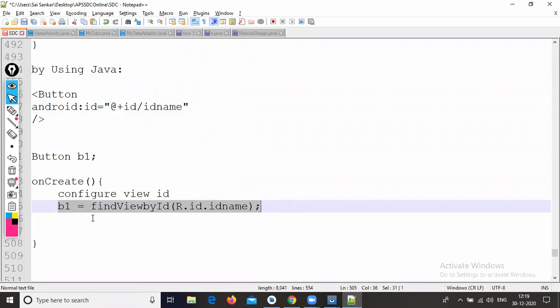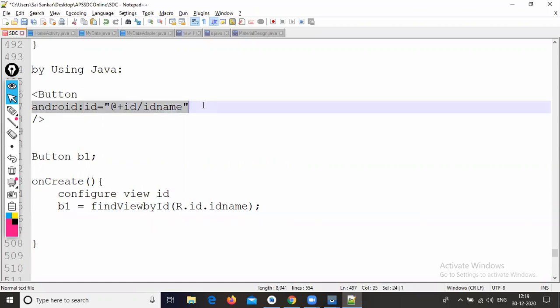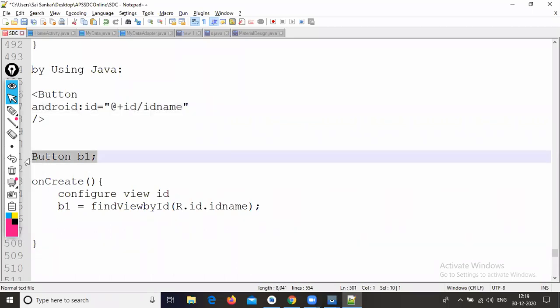Okay, so once again I'm repeating. First of all, you need to create the ID like this in our XML file. After that, create a variable for the particular view. It can be either a global variable or a local variable.